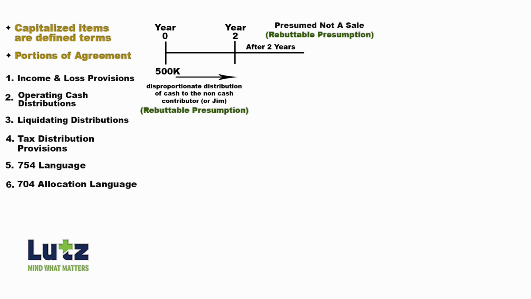And where LUTs can provide value is that attorneys think in cash. Thinking in cash creates a disconnect between your income provision, your operating distribution provision, and your liquidating distribution. An attorney is blind to that disconnect because they think solely in cash. I don't think we're going to get into 100% how that disconnection works, but having awareness that it exists is worth knowing. So in this particular document,